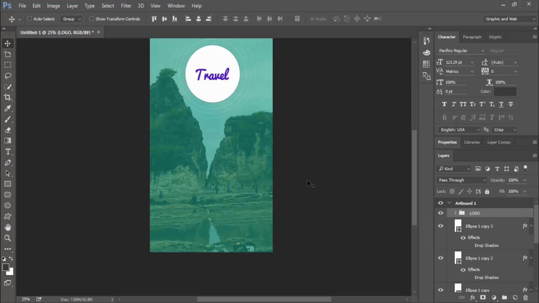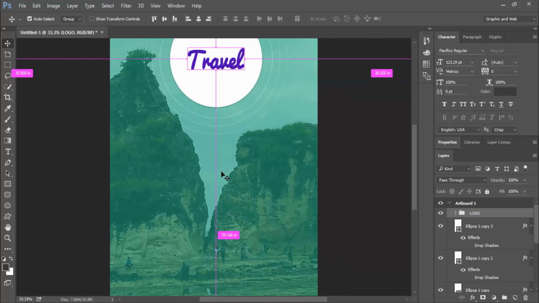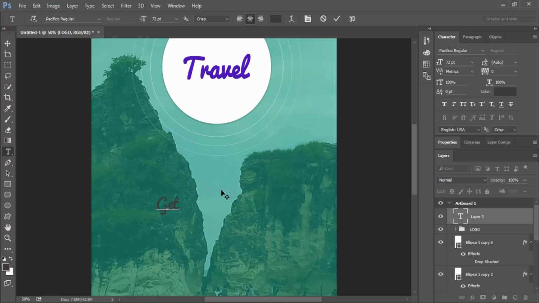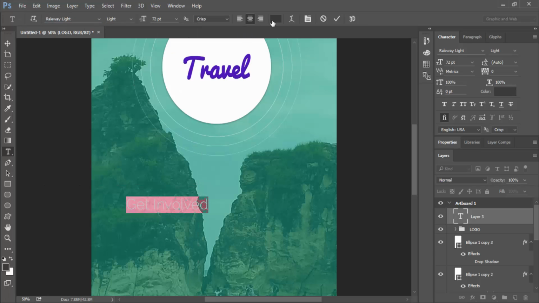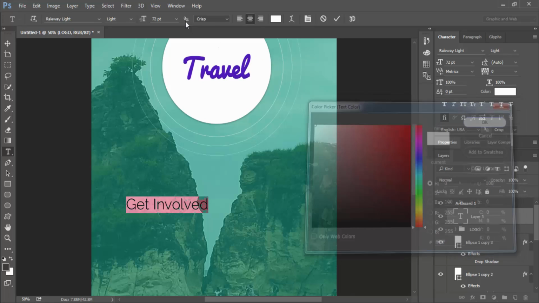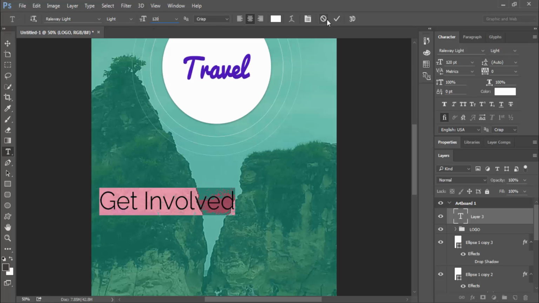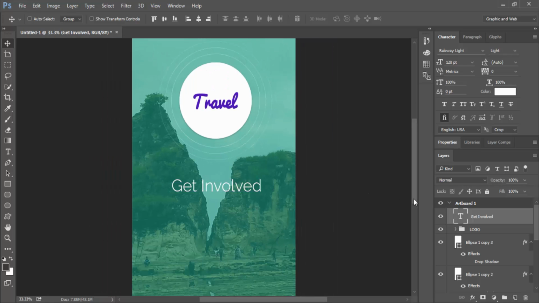And now we can create some text right here. Go into the text tool and type the name, Get in Fall, and change the font type to Raleway and the color to white and the font size to 120 pixels and make it centered.